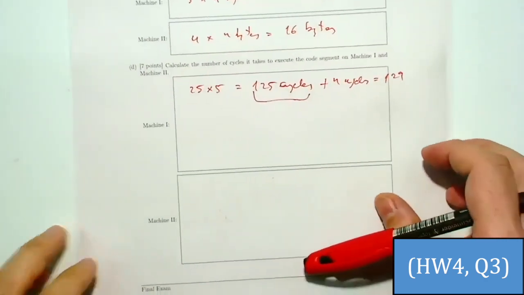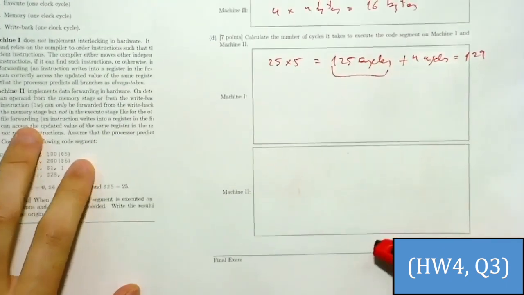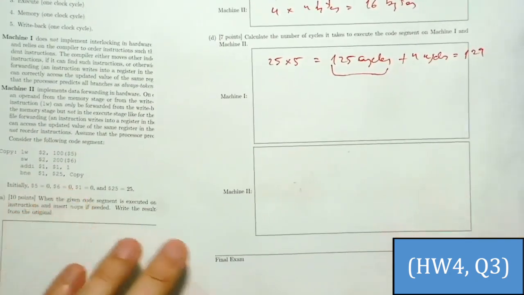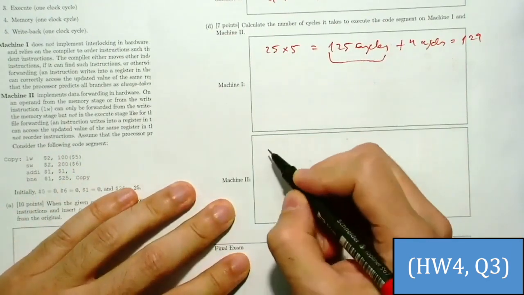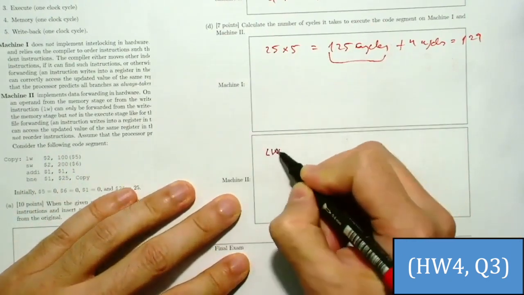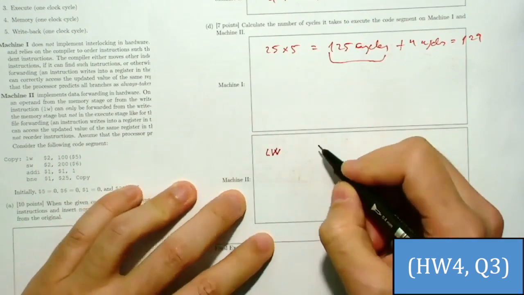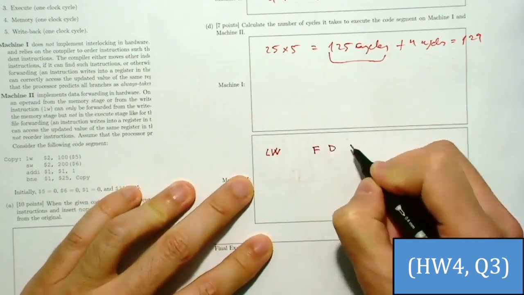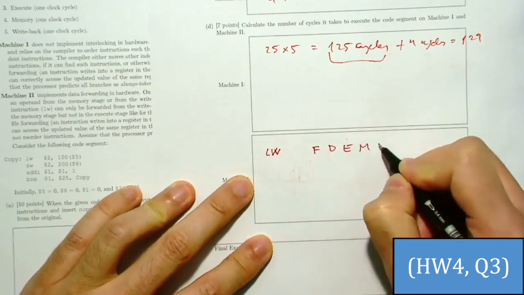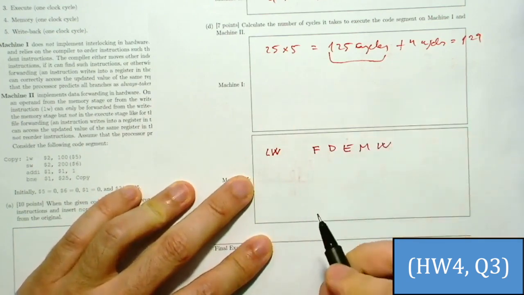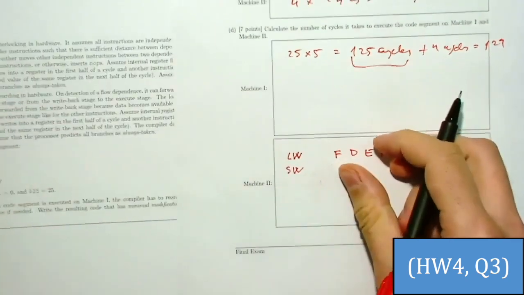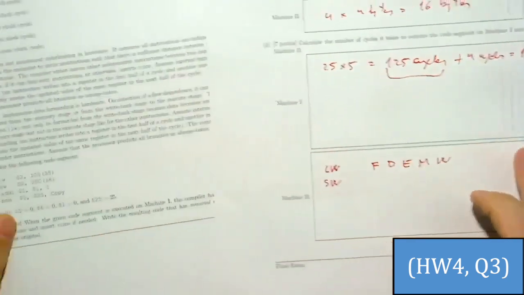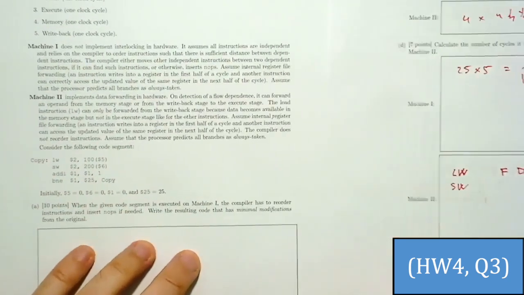So for machine 2, okay. For machine 2, we have this code. So we have first the load. That is fetch, decode, execute, memory, write back. Then we have the store. So on the store, we see the definition of the machine 2 that